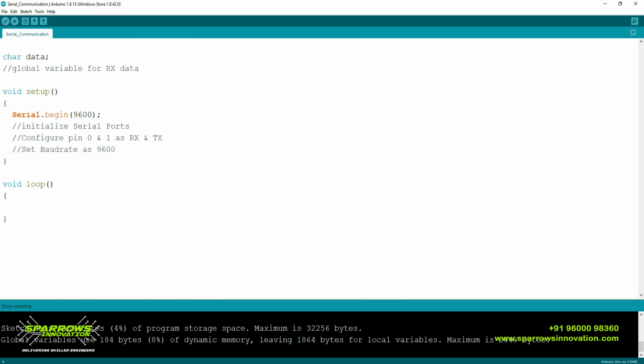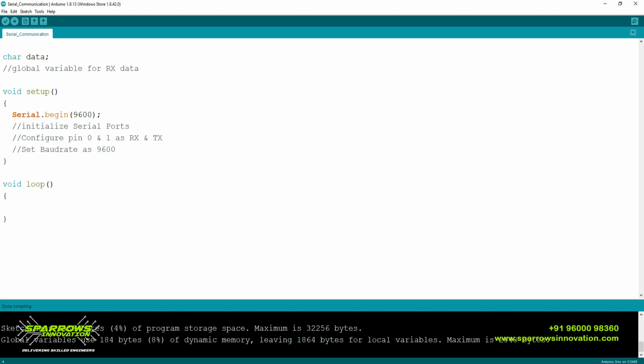Before we type Serial.available, we have to declare a variable globally so that we can store the received data. Here I declare a variable, char data. I'm declaring it as a character because serial data is sent as ASCII values. Whatever data we transmit or receive is an ASCII value, which is 8-bit data, and a character stores only an 8-bit memory location. Then we have to call Serial.begin inside void setup.